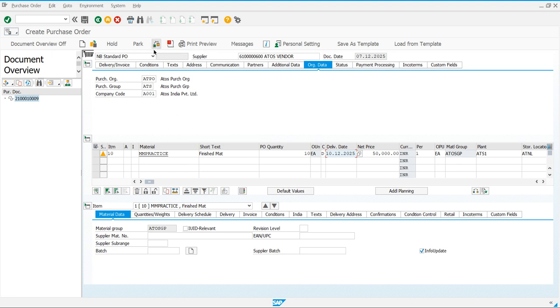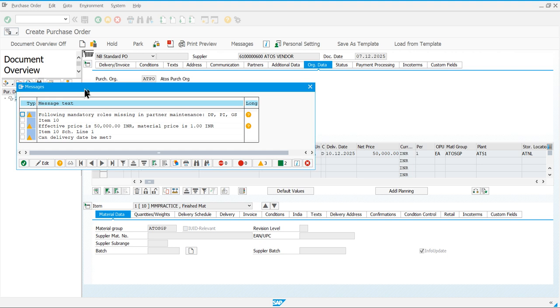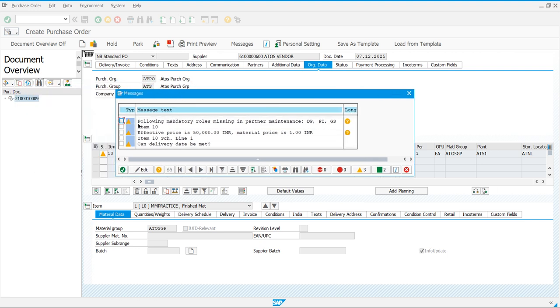The check button, you can see the green and orange box here. You need to click on this button, and you can see the messages here. We have all warning messages, and we can ignore those. Also, if we have any error message, the system will show you directly here. But in our case, we have only warnings, so we can ignore them, and we can save our